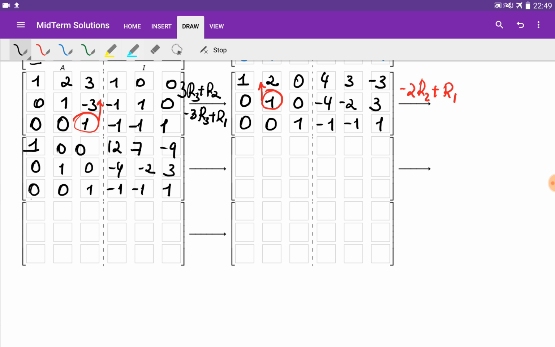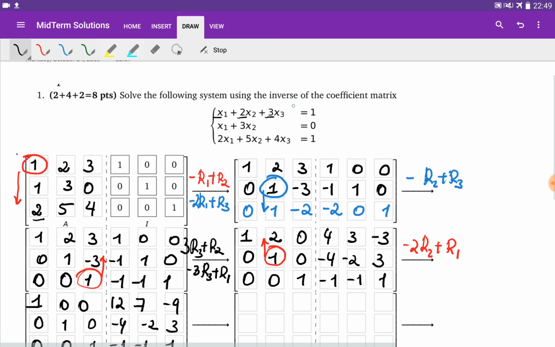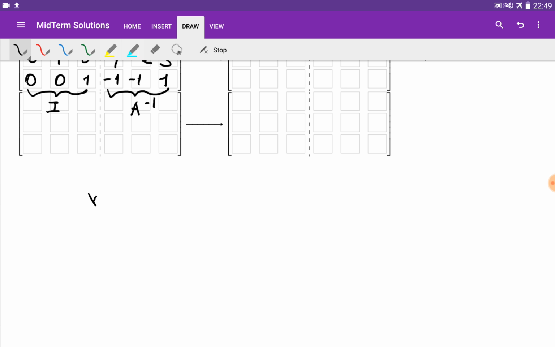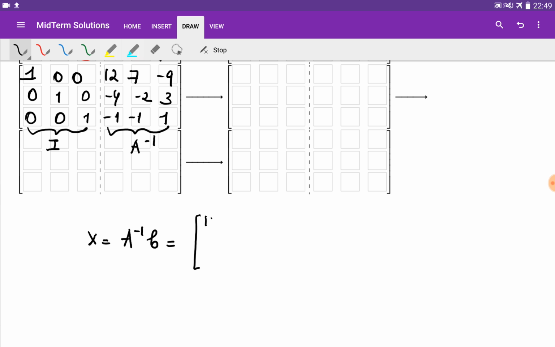So this matrix is the identity matrix, and this matrix on the right is going to give me the inverse of this matrix A. So now, if we're given the system of linear equations in the form of AX equals B, I can find the X by multiplying the inverse of A by this vector B. So the inverse of A is given as 12, 7, minus 9, minus 4, minus 2, 3, minus 1, and 1. If I multiply this by the vector B, which is 1, 0, 1,